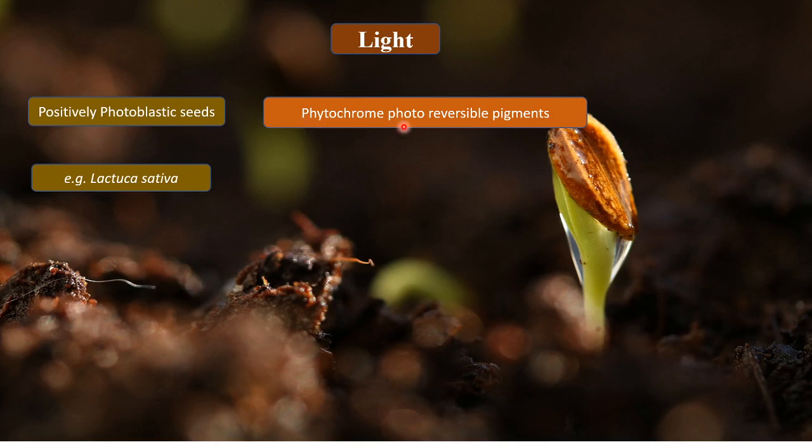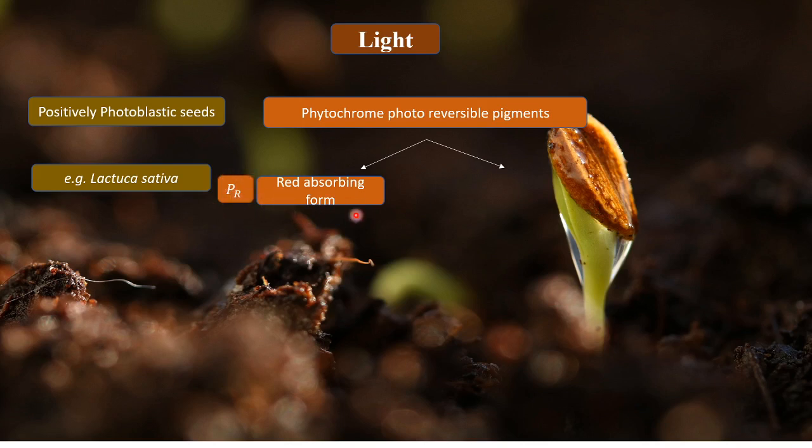Phytochrome is a photoreversible pigment that is present in plants. All plants have this pigment which is called phytochrome. This pigment phytochrome is present in two forms, right? One is PR, the red absorbing form. It is called PR, that is phytochrome R,